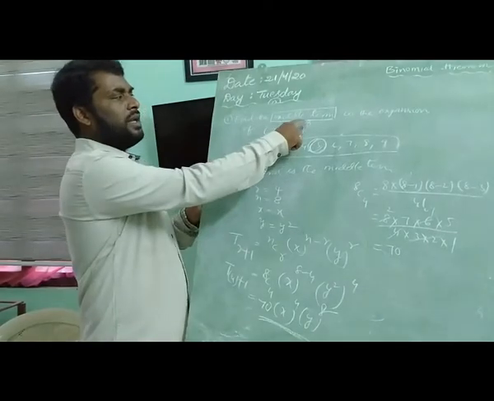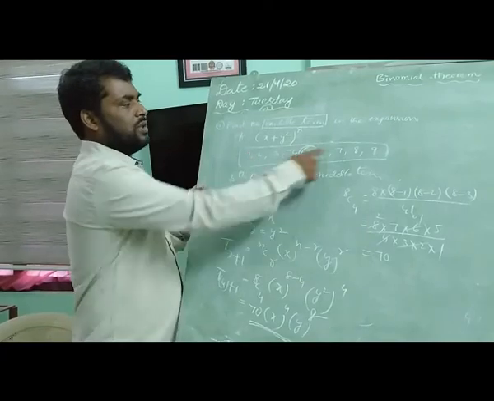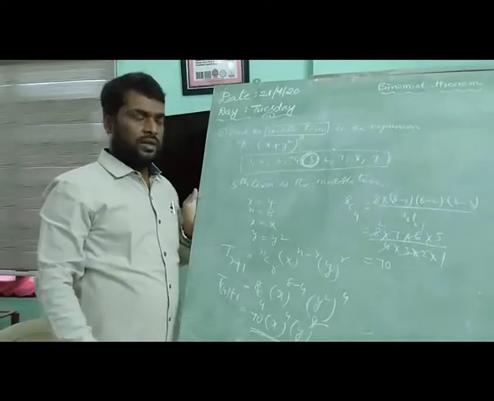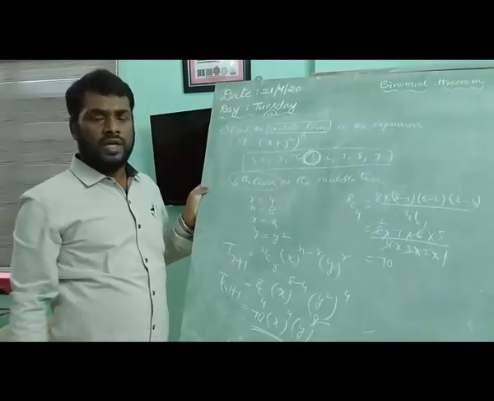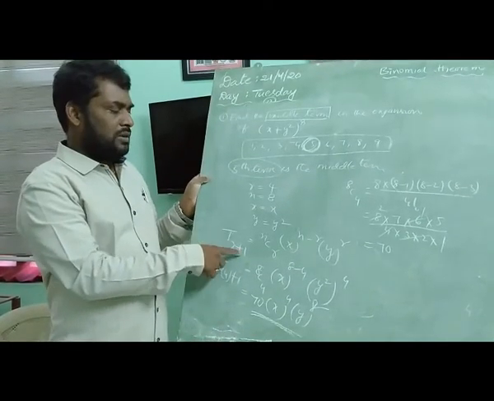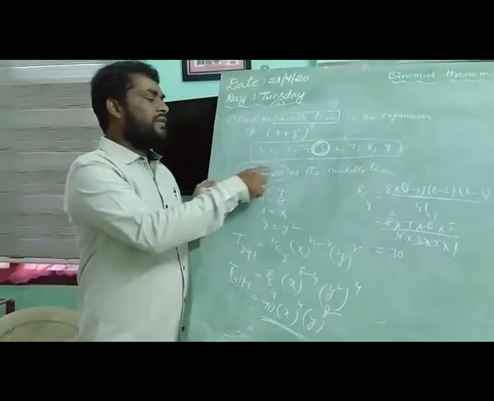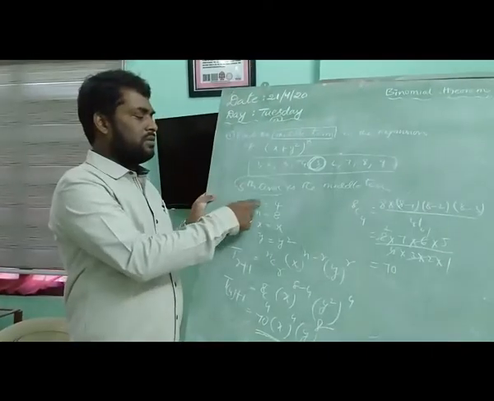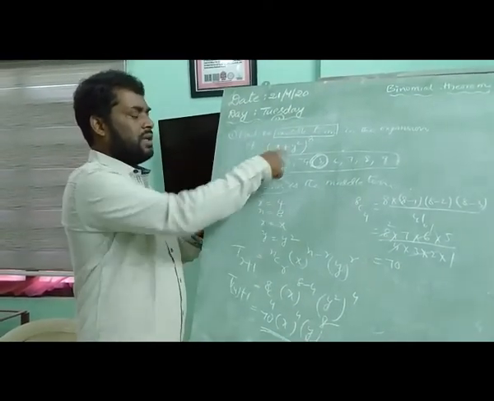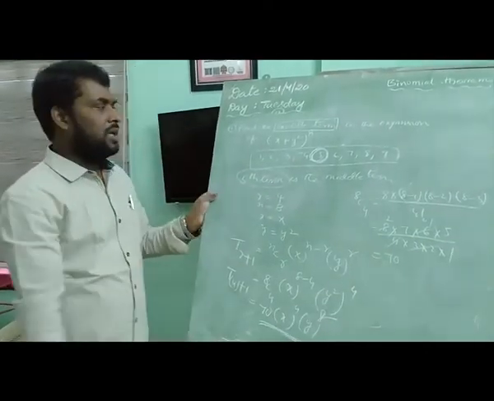Here the exponent is 8. In the expansion, how many terms do you get? 9 terms we get. So first I have written 9 terms. In this, what is the middle term? The fifth term is the middle term. How do you find the fifth term? By using the R plus 1th term. What is the formula of the R plus 1th term? T(R plus 1) is equal to nCR x to the power of n minus R, y to the power of R. For finding the fifth term, what do you take as the R value? R is equal to 4. What is the n value? Exponent 8. What is x? x. What is the y value? y square. So replace these values in T(R plus 1), then you get the middle term.